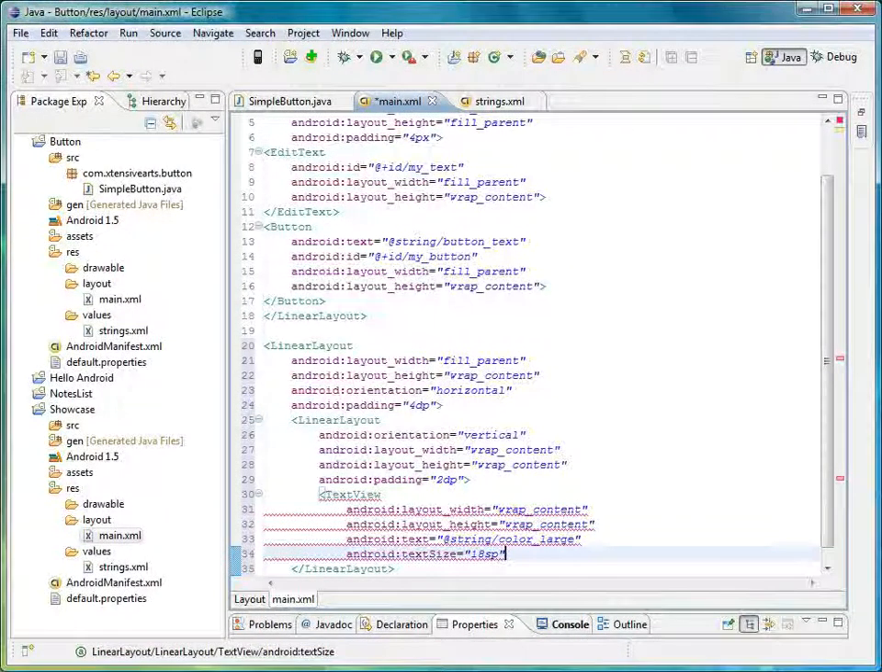Now here's another custom unit. SP means scale independent pixels, and they're actually quite like those density independent pixels, the DP unit, but they also take into account the user's font size preference. So whenever you specify font sizes, instead of using ordinary pixels, you should use those scale independent pixels, SP. All right. So now we can close that off,